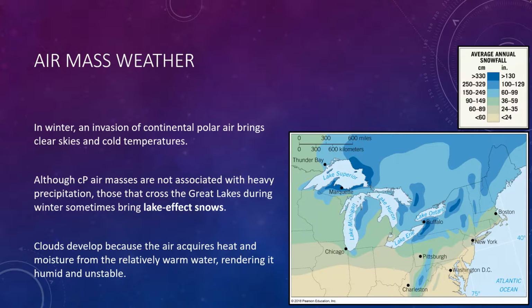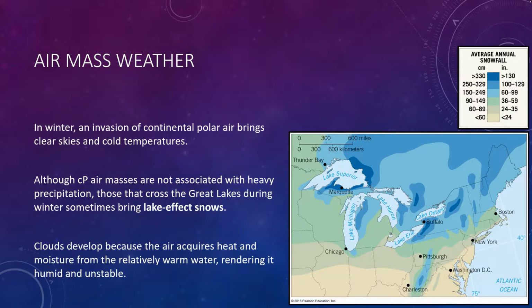Although CP air masses are not, as a rule, associated with heavy precipitation, those that cross over the Great Lakes during late autumn and winter sometimes bring snow to the leeward shores. These localized storms often form when the surface weather map indicates no apparent cause for a snowstorm. These are known as lake effect snows, and they may make Buffalo and Rochester, New York, for example, among the snowiest cities in the United States. So what actually causes lake effect snow if there's not necessarily a storm